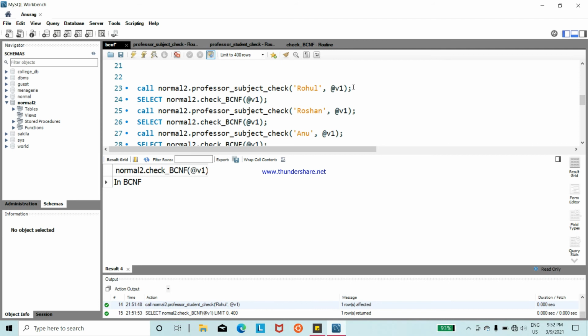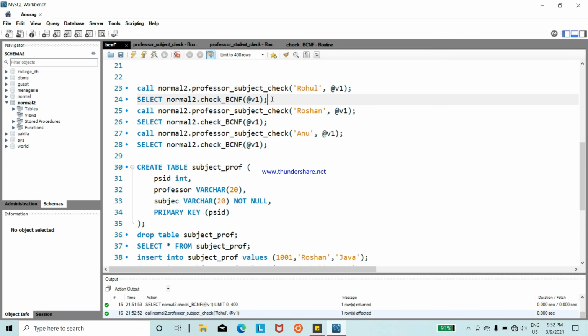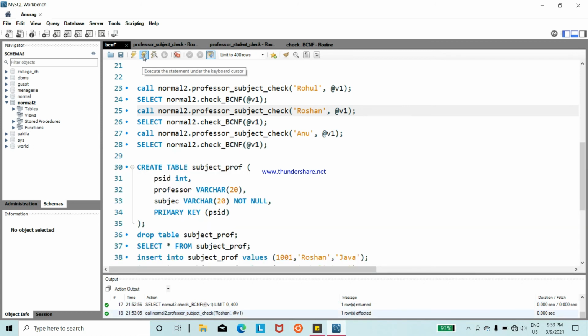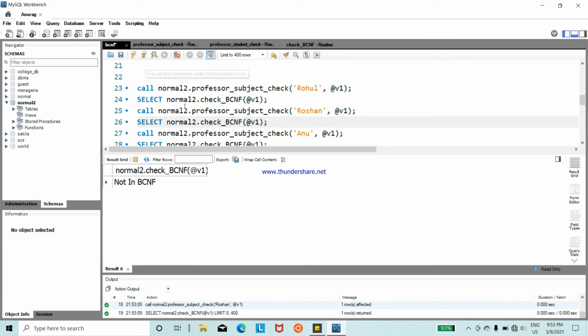After that, I am going to check professor subject check. For this, we pass Rahul and run this. After that, call the function, and we got not in BCNF. We need to check further, so for Roshan I am going to call the procedure and then call the function, and again it shows not in BCNF.